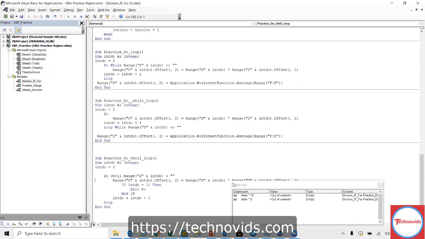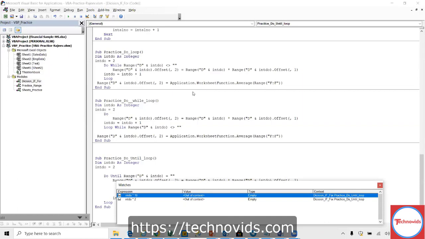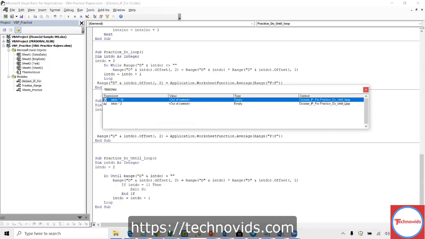See, as soon as the last column, the type, it's a context. Oh, that context. I thought this context you're asking, right? Okay. What is that? That context is the decision. One second. Hold on. So this is applicable for this loop, the practice Do Until loop. That is this one. And I think the context is decision if is, I think here. I think I would have selected here or something. One second.